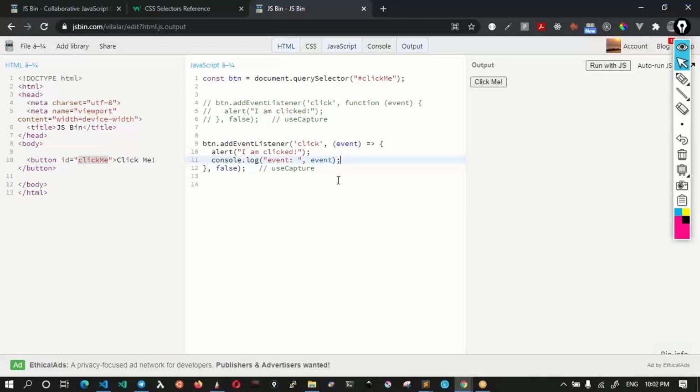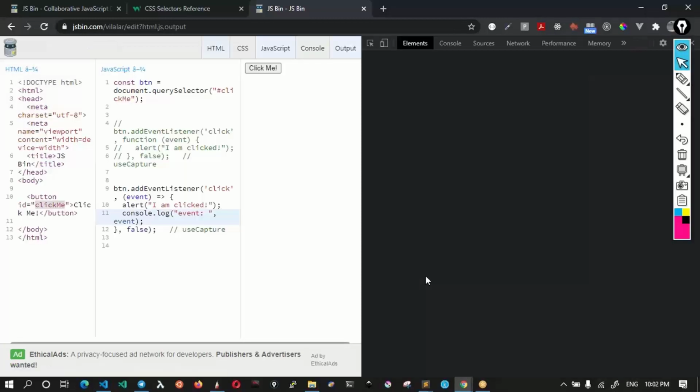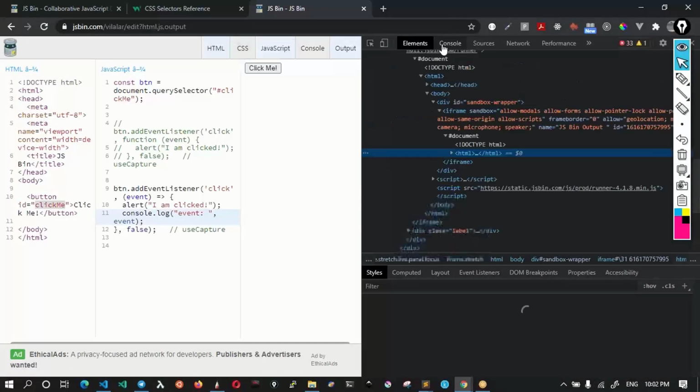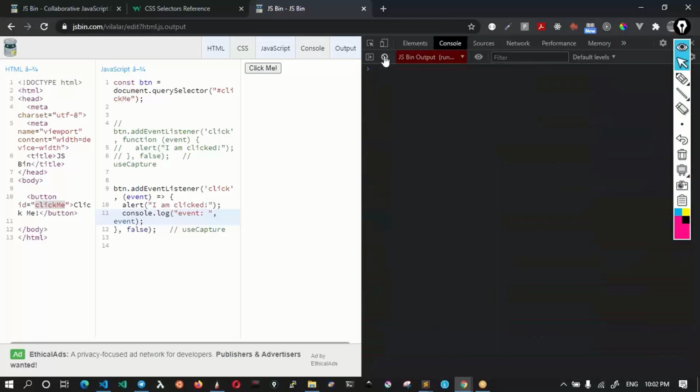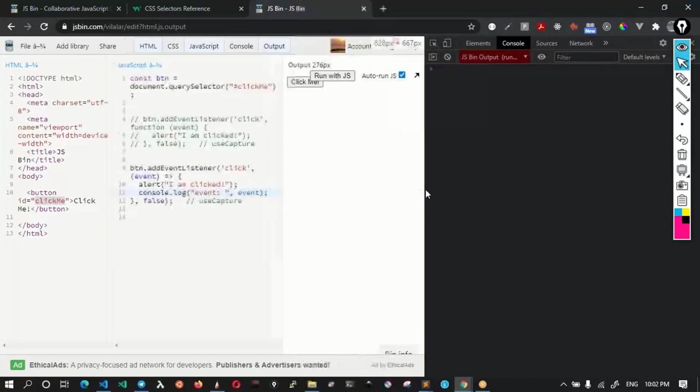Okay, this console.log is typically used for debugging purpose, for logging information to the console. And where is this console? I could right click and open this inspect window, and right within this inspect window, you will actually find a separate tab called console. Okay, and this is where the output of the console.log will appear.